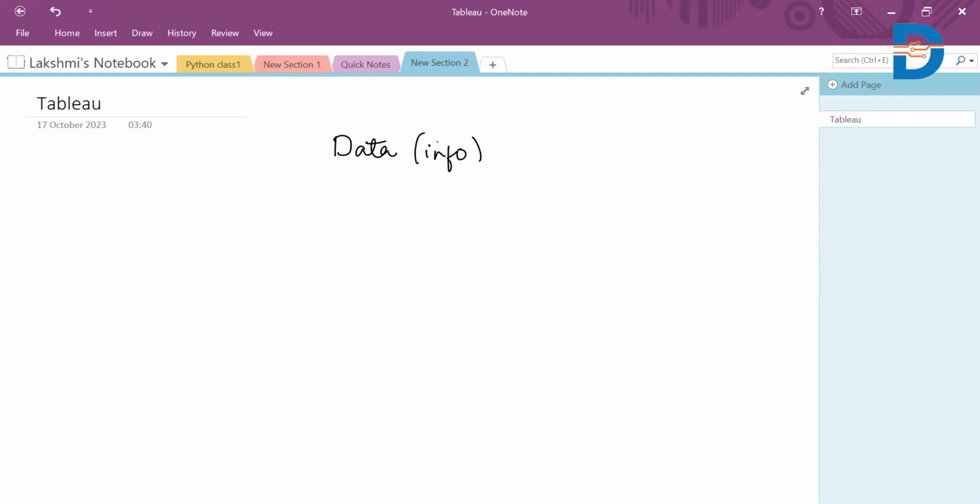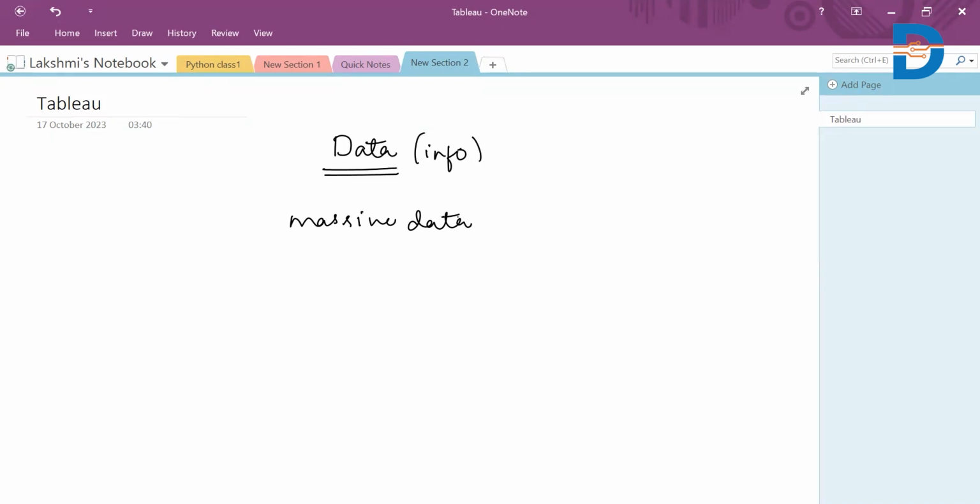Me, you, we are also responsible for this data generation. A picture we click, a video we record, everything constitutes data generation. Over a decade, a massive amount of data is getting generated. All this data should be stored somewhere in order to utilize it in the future.